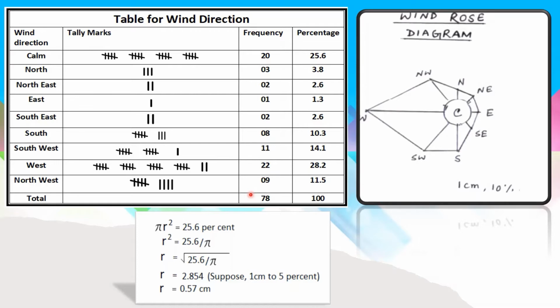A windrose diagram is one type of star diagram. It may also be called a radar diagram. The calm condition of wind is represented in the windrose as a circle. This circle can be drawn without any scale or with scale. A small circle of your own choice may be used for the windrose diagram. This is the calm condition without scale.